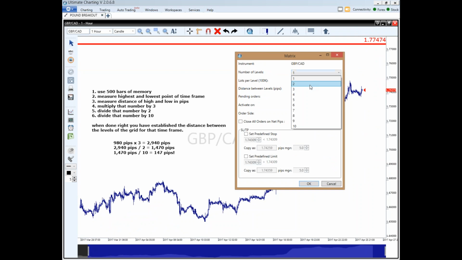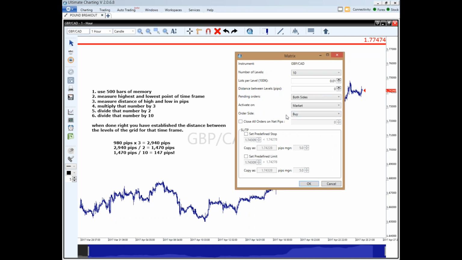And so again, you have many different levels. Joshua Martinez will teach you all about how many levels you need and why. I'm going to set 10 just for the purposes of demonstration. For the lots per level, you can accumulate however many lots you want per level, which your equity management plan has in store for you. As far as the pending orders, you can have them one-sided, above the market or below the market. Right now I'm going to do both sides since the market does wave,